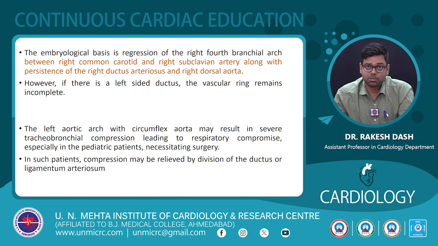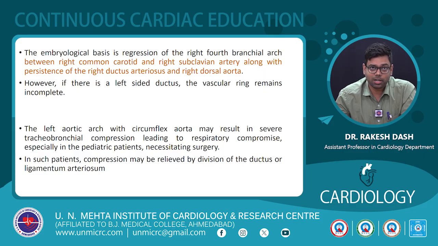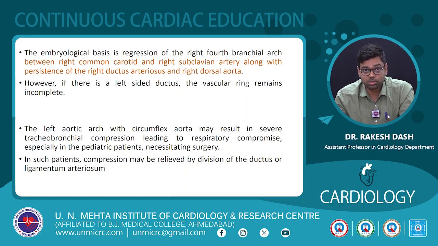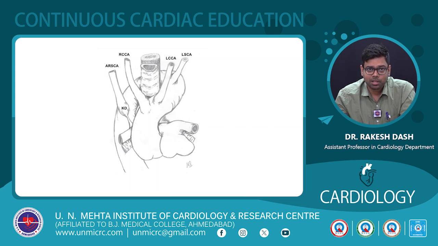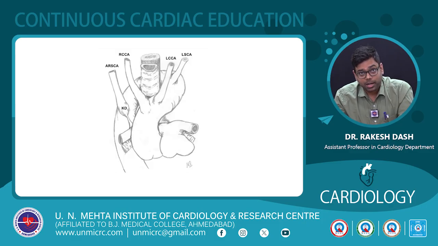The embryological basis is regression of the right fourth branchial arch between the right common carotid and right subclavian artery, along with persistence of the right ductus arteriosus and right dorsal aorta. So, they form a complete vascular ring. Here you can see there is a left sided aortic arch and a right sided descending thoracic aorta. The aorta goes behind, posterior to the trachea and esophagus, and becomes continuous with the right sided dorsal aorta, and there is a right sided ductus arteriosus which completes the ring,